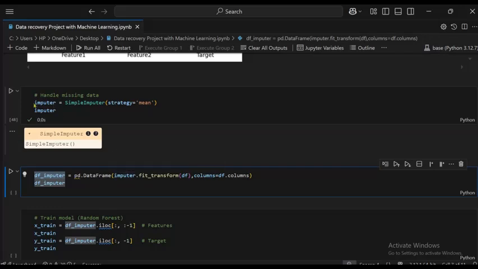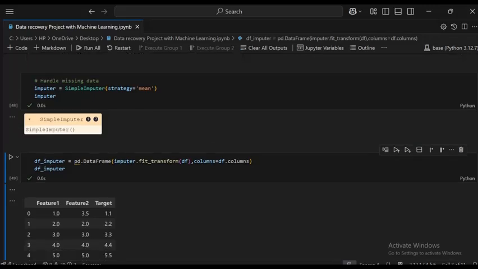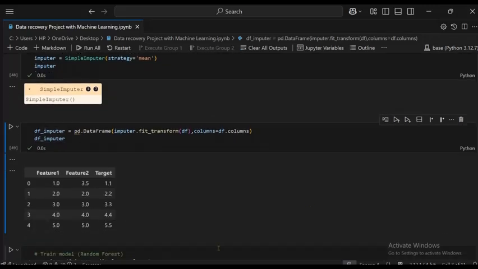Then I pass the imputer dot fit_transform, which is the data transformation, then df is the dataset name, then columns equals df.columns. Okay, then we print df_imputed. After using the mean strategy, it looks like this, and it fills the null values.